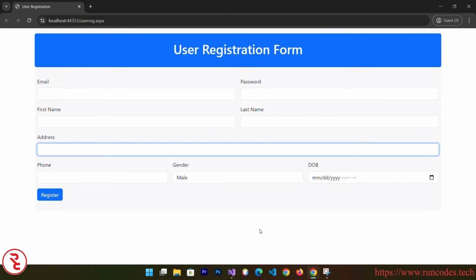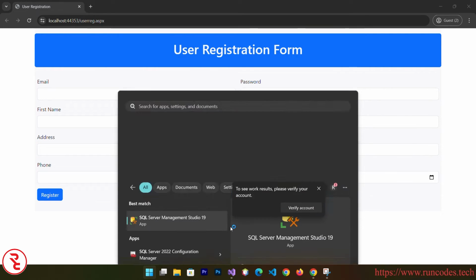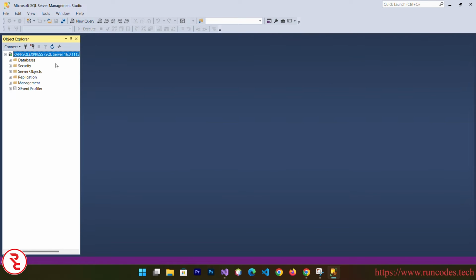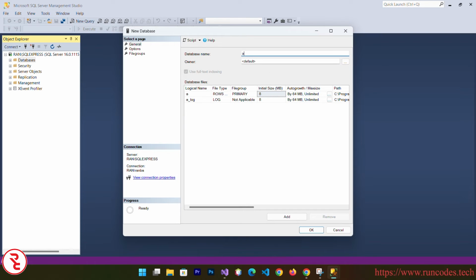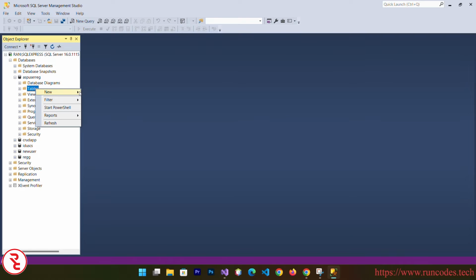Now we complete our design part. Now let's create one database. So run SQL Server Management Studio, connect, right click over database, new database, and here name it ASPUserResize. Simply OK. Expand that database directory, expand that again and right click over table, new,